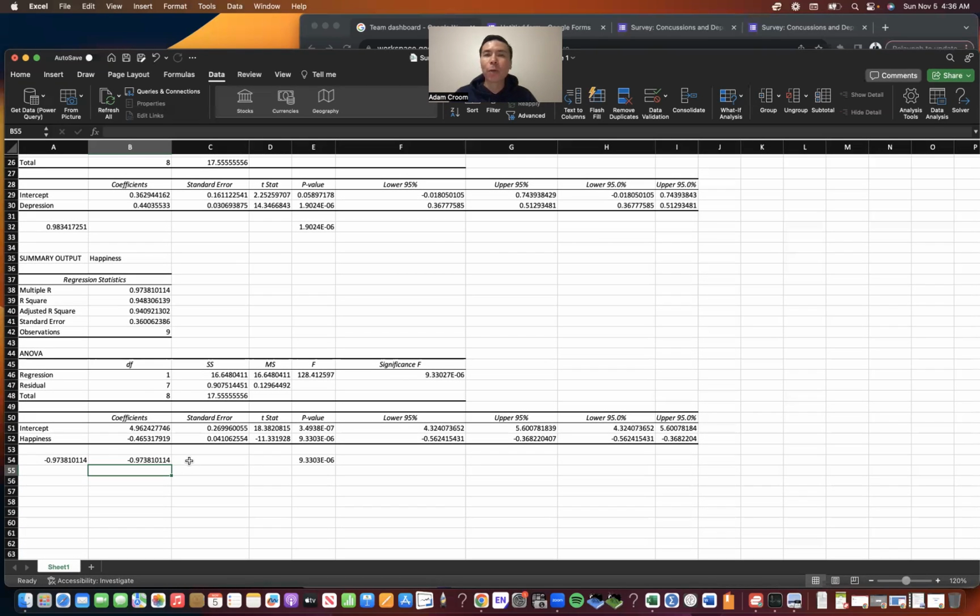A correlation coefficient of negative 0.97 suggests that there's a strong negative correlation between the number of concussions and happiness scores. Another way to calculate the correlation coefficient along with the p-value is by going up top, selecting data,